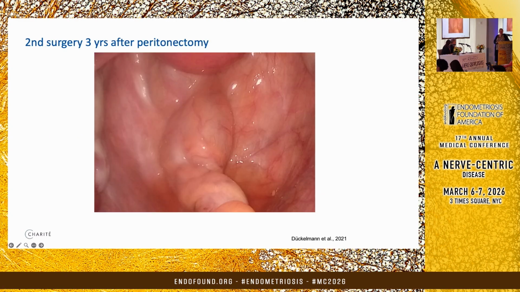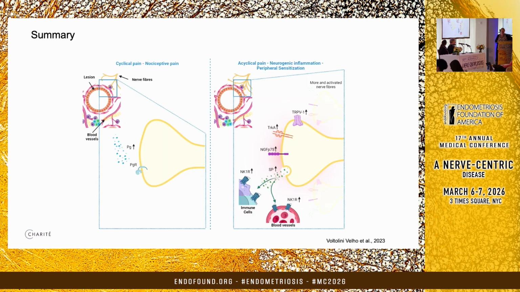And by accident, this lady came 3 years later with another problem. She developed a niche, a cesarean scar niche in the uterus, and then she had ovula naboti present in this niche, and that was the cause for her pain. But she thought, Dr. Mechsner, I'm really sure my endometriosis is back. I said, no, I can't believe it. And we did the surgery, and yes, that is the same lady after the peritonectomy 3 years later. I think that is, of course, without any endometriotic lesion.